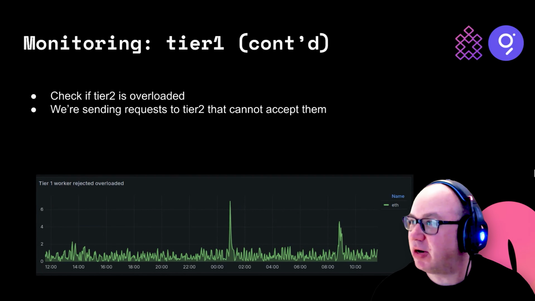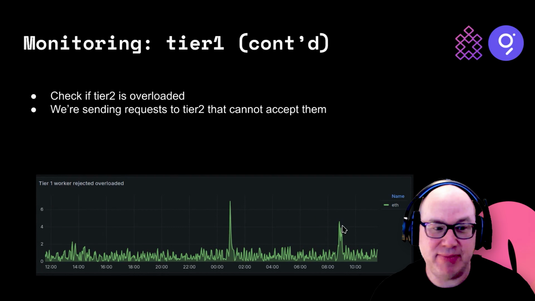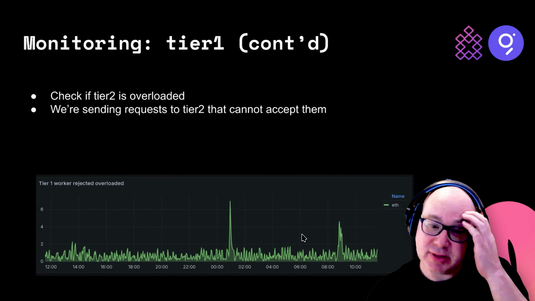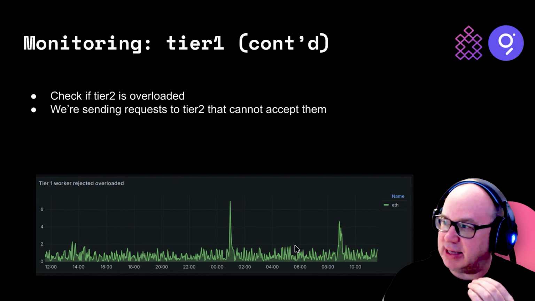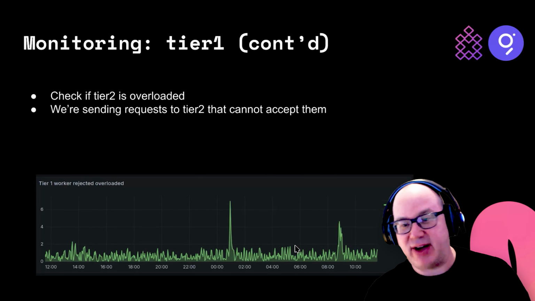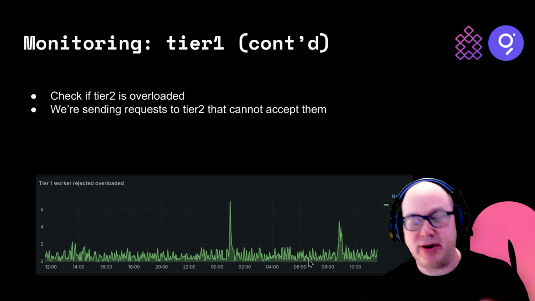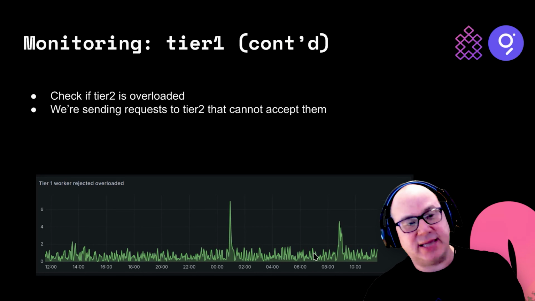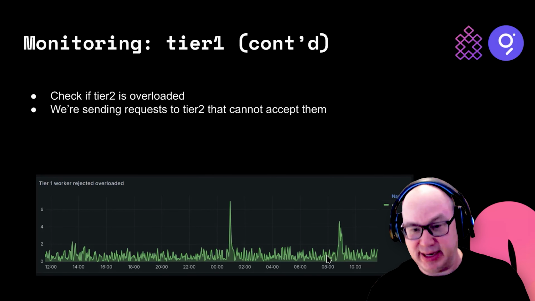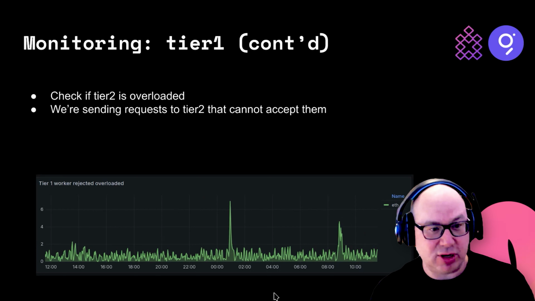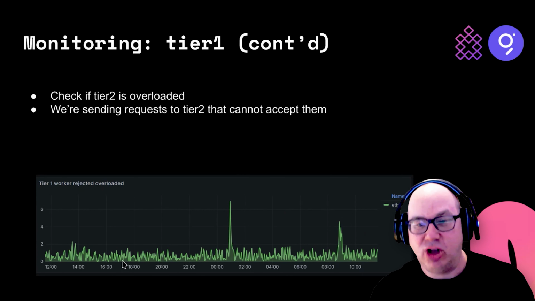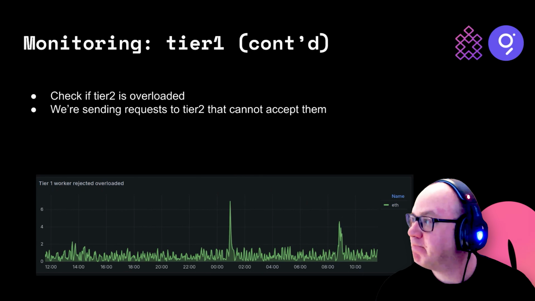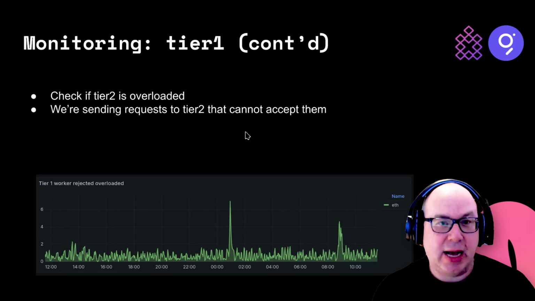So the tier 2s are returning the "I'm busy, go away" messages, so you can keep track of how often that happens. So for example, in our case, if the health check only runs every 5 seconds, there may be a period of time where the tier 2 node is busy, but the DNS is still returned as valid. And then in this case, we're catching this. So you can monitor the overloaded situation here.